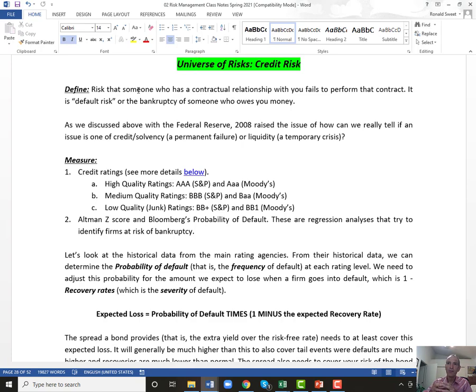So remember our model. It's been a while since we've gotten back to the notes, but remember our model is define, measure, mitigate. So let's start off by defining credit risk. Credit risk is the risk that they owe you something, you've got a contract, and they fail to perform versus that contract. Now I'm real picky that it has to be versus that contract because there are bonds that have optionality to them, like mortgage-backed securities and callable bonds.